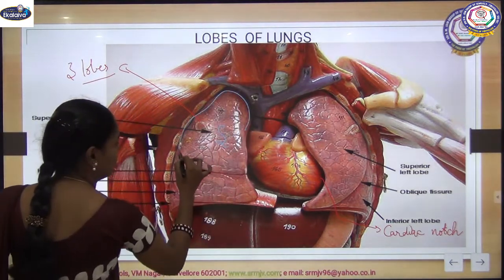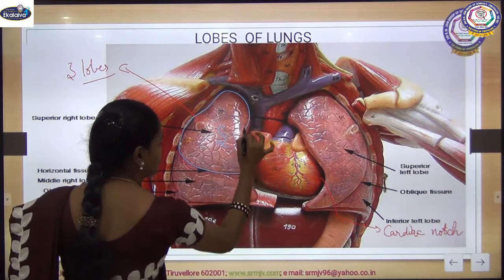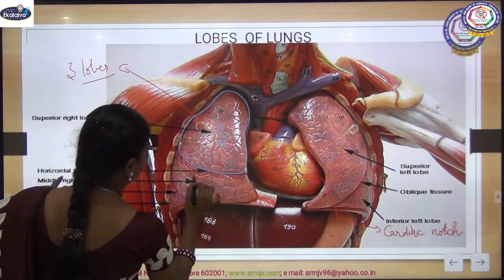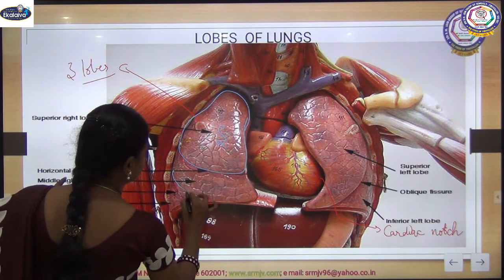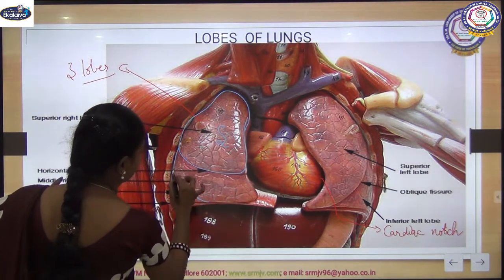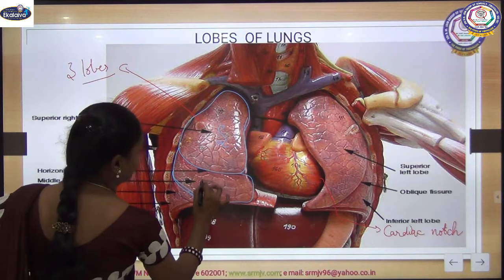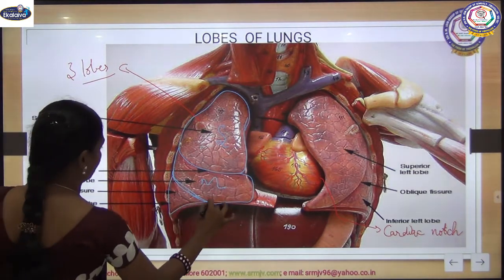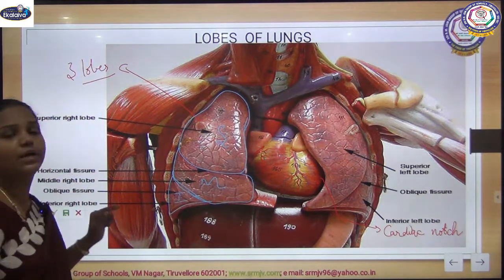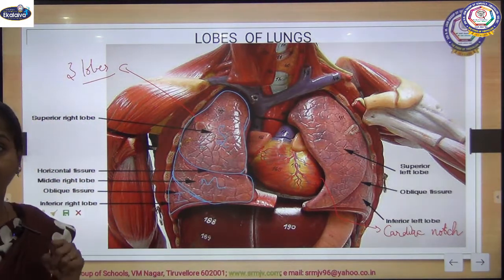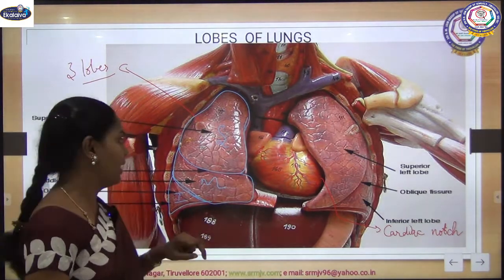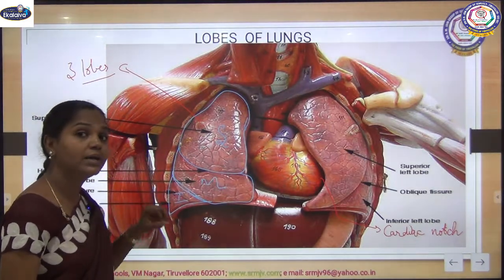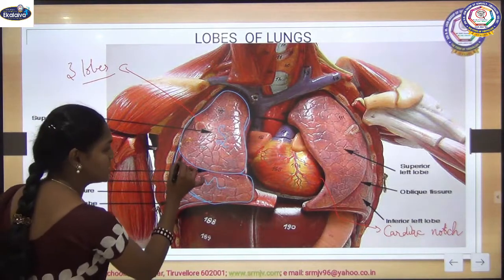This is a big lobe, the superior lobe. And then we have this part, our middle lobe, and this is called our inferior lobe. These are the 3 lobes of our right lung: superior lobe, middle lobe and inferior lobe, and these lobes are separated with the help of structures called